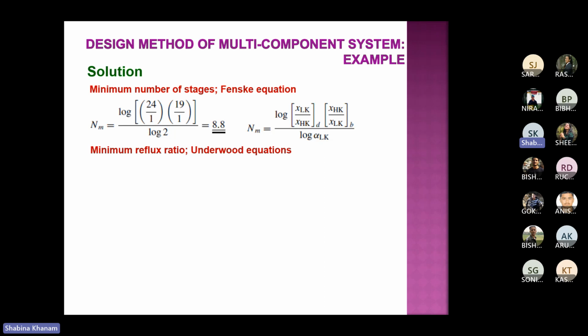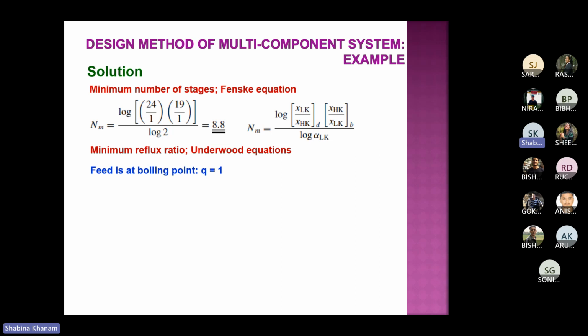These are the minimum number of stages only for calculation purpose. You don't need to round off or round up this. Whatever is coming, you need to consider as it is, because that will be further utilized to calculate the actual number of stages. So this nm should be for calculation purpose only. In that way you can consider nm, and Underwood's equation for minimum reflux ratio we